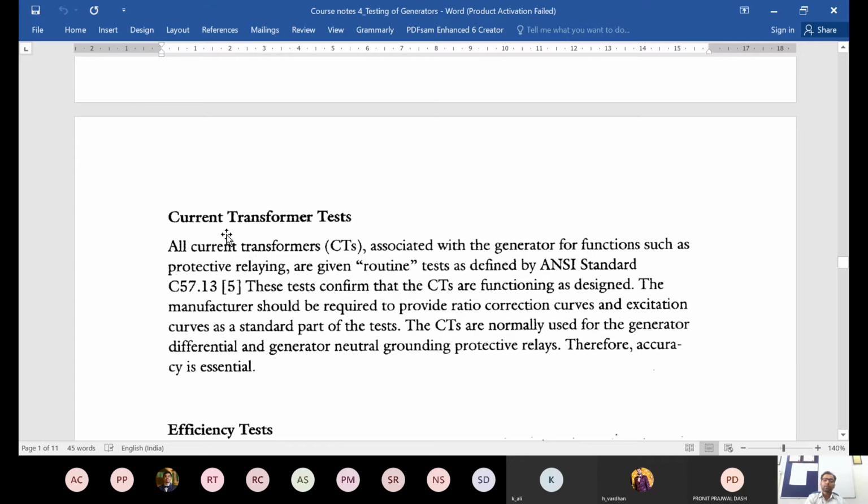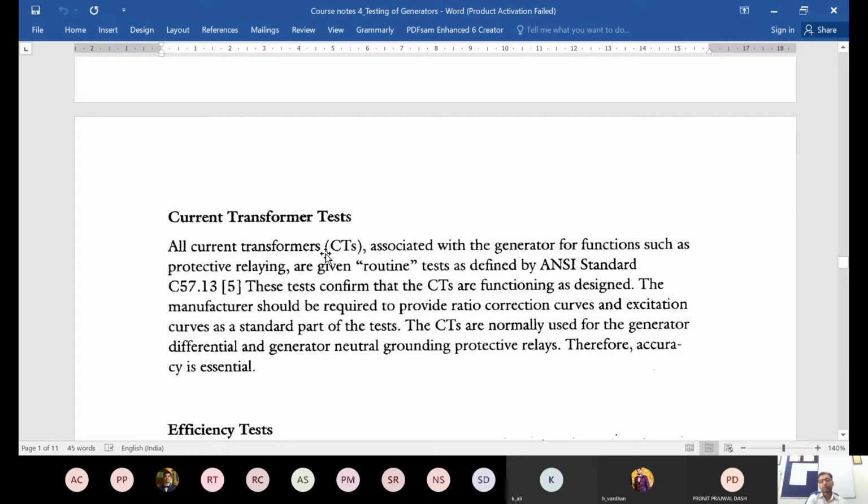So these current transformers are an integral part of the protection system specifically, because as we understand, when we have a protection system, we want to always monitor how much current is flowing in the circuit. If there is a fault, this current will tend to shoot up, and your protection system should be able to detect that type of abnormal behavior. Accordingly, the relay will give a signal to the circuit breaker, and it will trip the circuit. So this current transformer forms a part of the protection system.